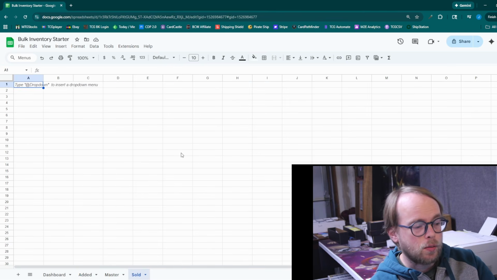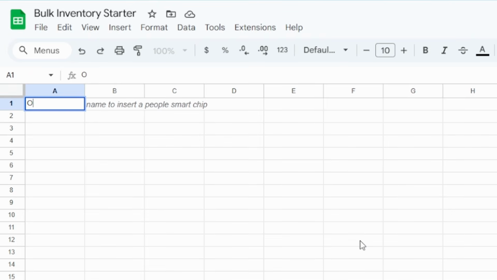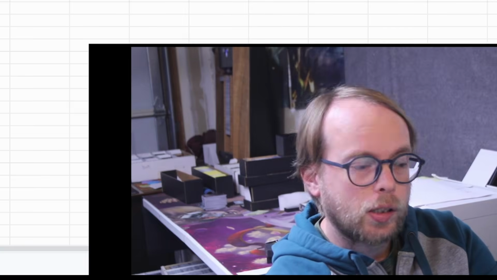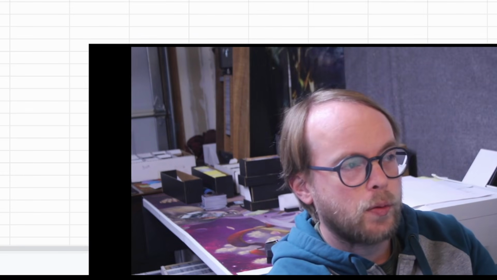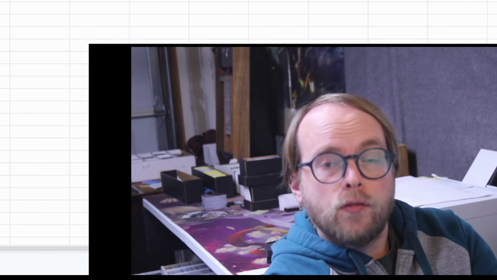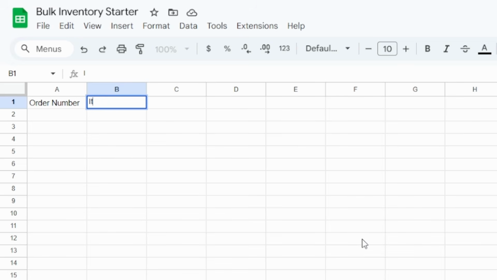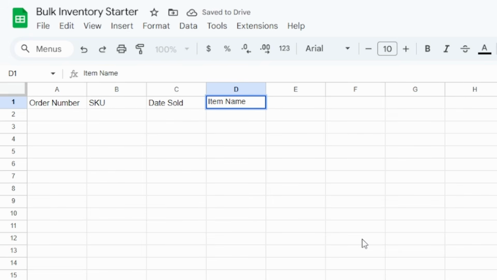So again, we're going to start with headers and get the table created. So we're going to start with the order number. Now this sheet's going to be a little more complicated than the added one because we're going to use it to enter in our revenue and our fees and shipping costs and things like that. So we got the SKU. We're calling it SKU on this one. There we go. The date sold, the item name,